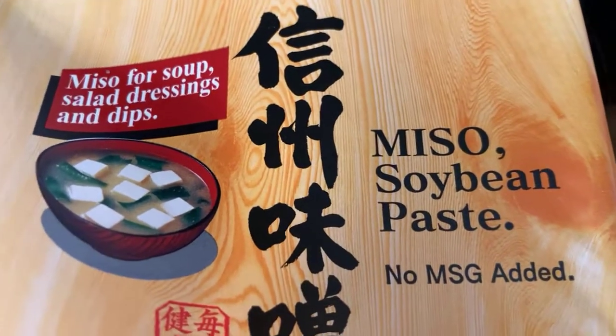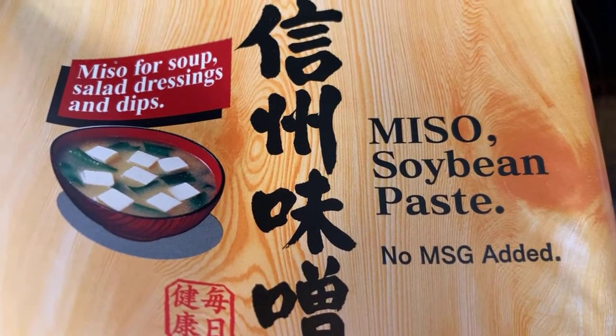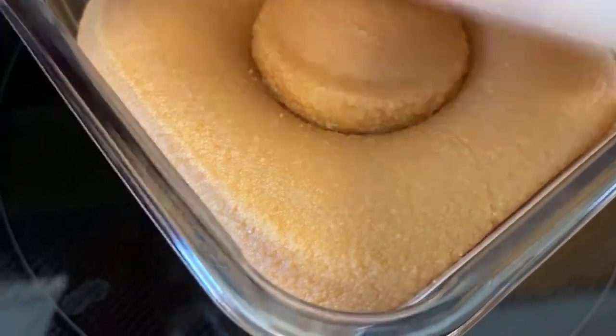This time naman, I'm going to cook. And I have a craving for some miso soup. But this time, I'm not going to cook Japanese way. I'm going to use this miso soup paste as a base